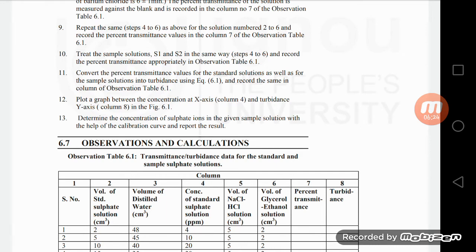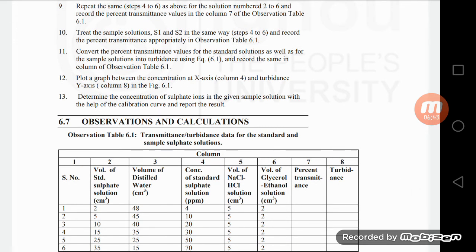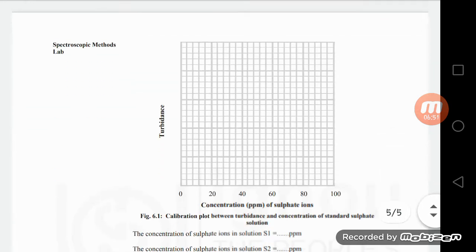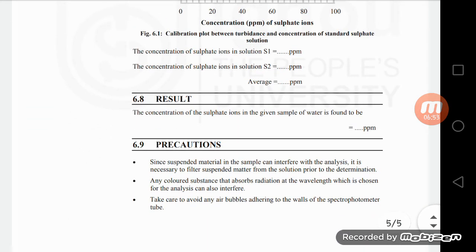Convert the percentage transmittance values for the standard solutions as well as the sample solutions into turbidance using the equation and record the same in the column of the observation table. Plot a graph between the concentration on the x-axis and the turbidance on the y-axis. Determine the concentration of the sulfate ion in the given sample solution using the calibration curve and report the results. So you can see, by this calculation you can find easily the concentration of sulfate ion